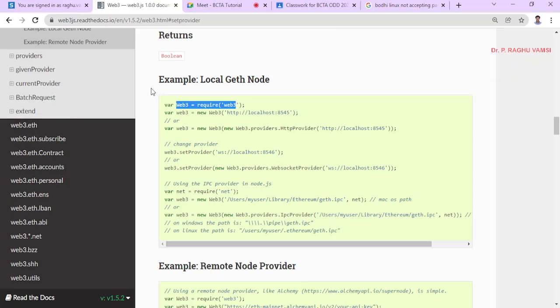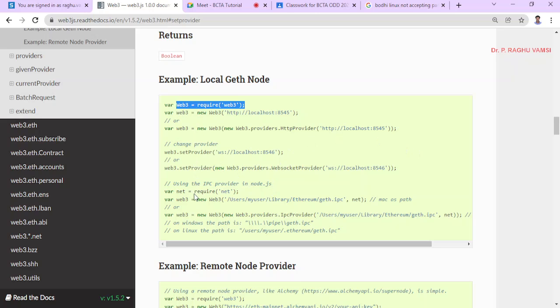In the same way, we also write JavaScript with this Web3 package, and this Web3 is now connected to the blockchain network running in the background. Whatever parameters you take from the HTML, you will pass them to the smart contracts via this Web3 package.